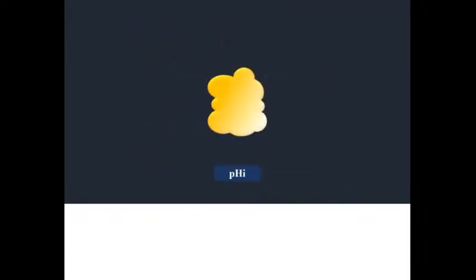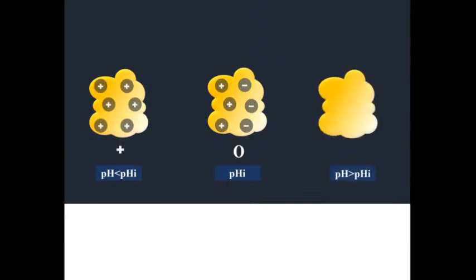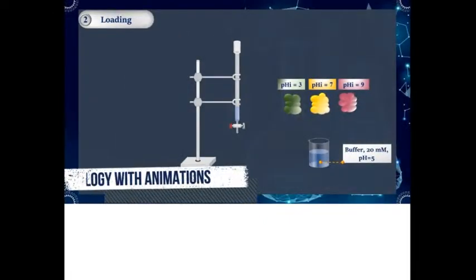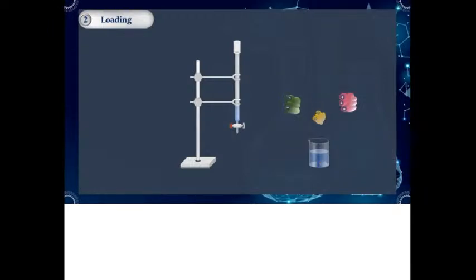The isoelectric point, or pHi, is the pH at which a protein carries neutral charge. At a pH below their isoelectric point, proteins carry a net positive charge. And at a pH above their isoelectric point, they carry a net negative charge. In this example, the pH of the buffer is equal to 5, consequently, protein A has a net negative charge. And both protein B and C carry a net positive charge. In addition, protein C is more positively charged since its pHi is higher than the pHi of protein B.